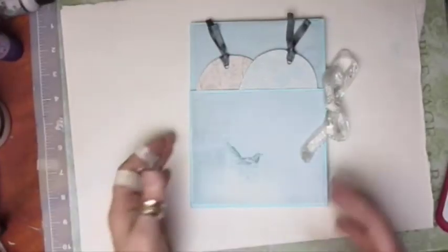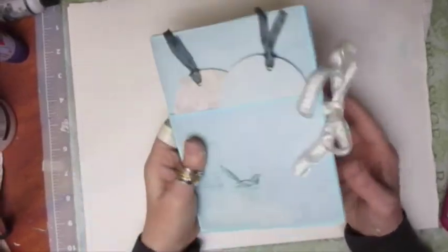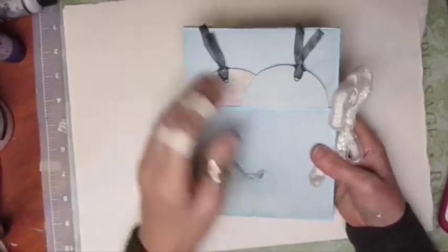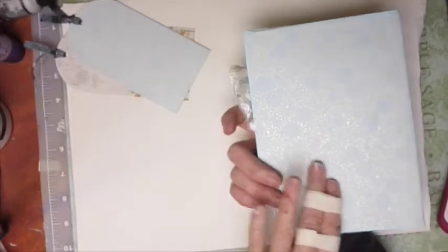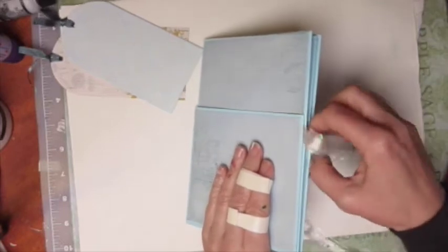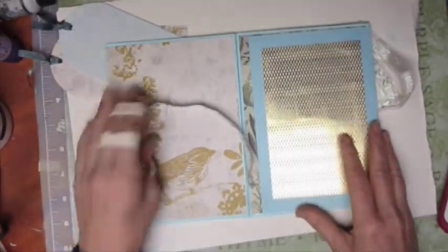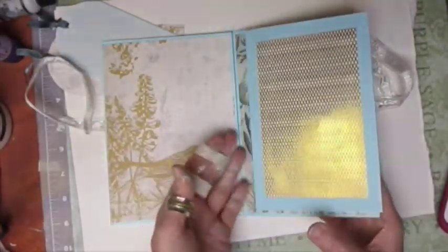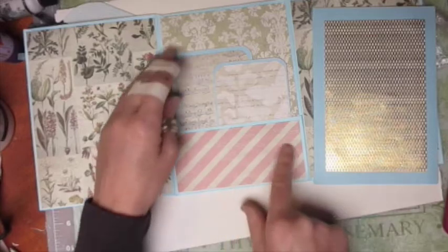So I've finished my very simple envelope mini album, and it's done up by just a bit of ribbon, and on the front I've got a pocket with 2 tags in there that I made. There's the back. As I say, it's very simple, there's not a lot to see with it. So we open up, and this one here is a little pull-out tag from the middle of the book. That's the envelope opening that we had there. It's the little fold out. You saw I put this envelope here